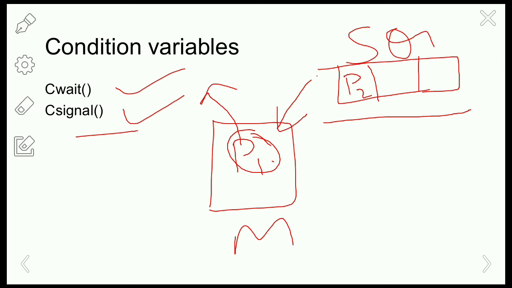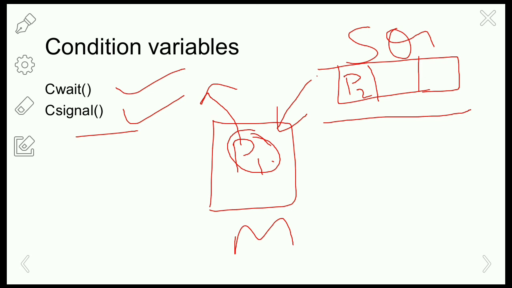Okay, and here monitor wait or signal operations are different from those of the semaphores. If a process in a monitor signals and no task is waiting on the condition variable, then the signal will be lost. A process can enter the monitor by invoking any of its procedures. One can think of the monitor as having a single entry point that is guarded so that only one process may be in the monitor at a particular amount of time. Other processes that attempt to enter the monitor join a queue of processes suspended waiting for the monitor availability.